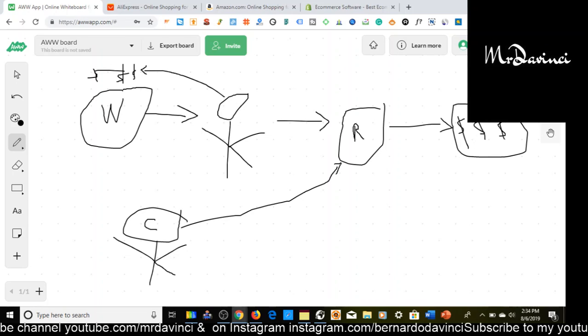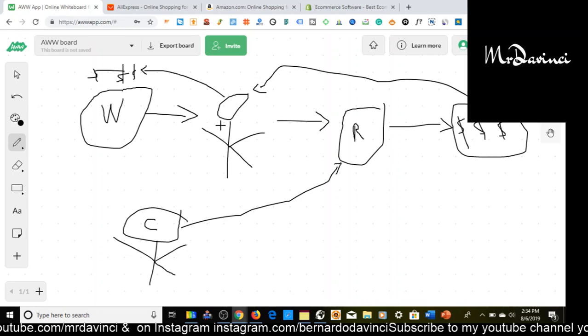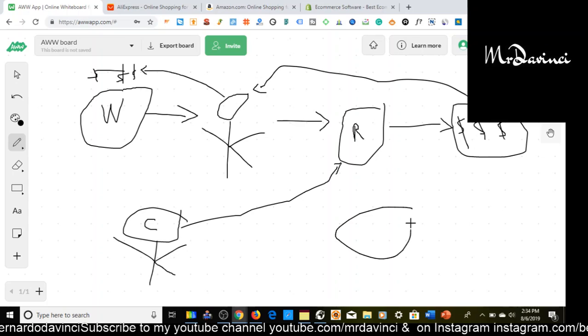So the model is us right here. We spend money for a product that we buy at wholesale price. Remember, that is the lower price. We put it out for the retail price right here. We double the profit margin normally. A customer sees it, they're interested in it, they buy it at retail price. We get the money, we keep that money, and then down here we're going to put an S that stands for